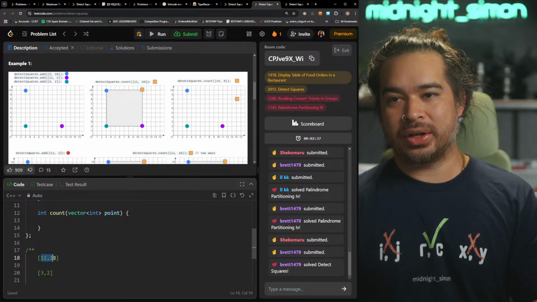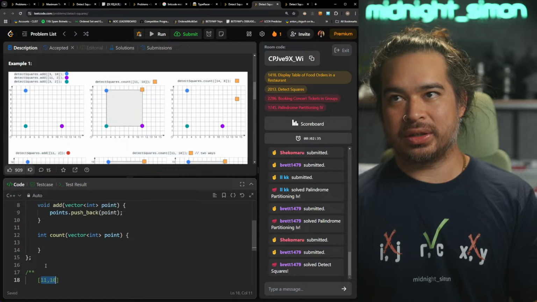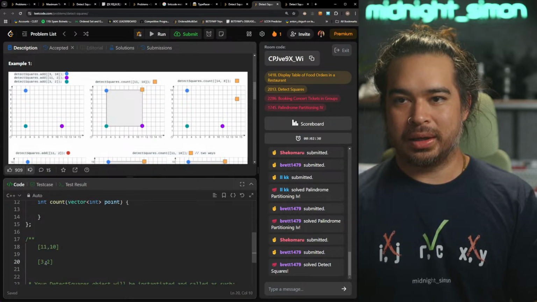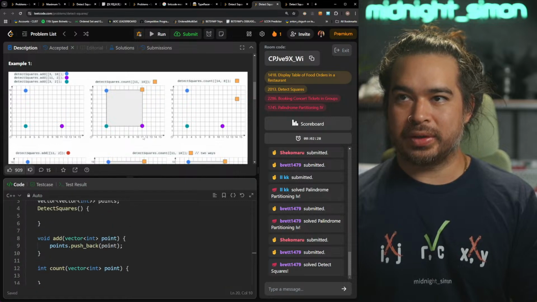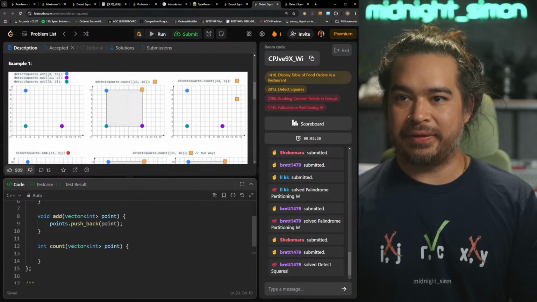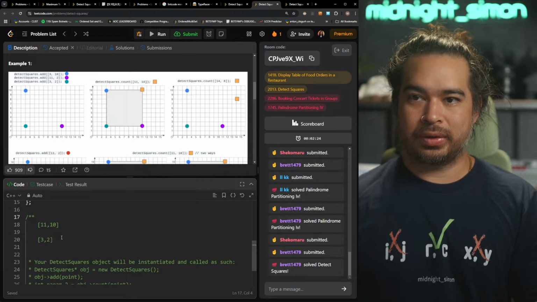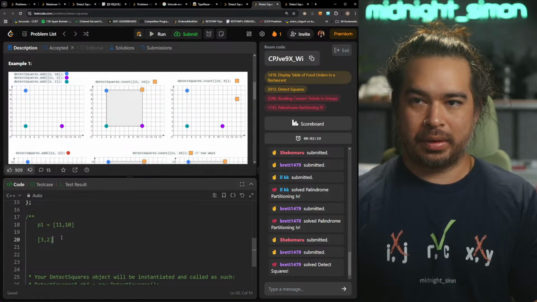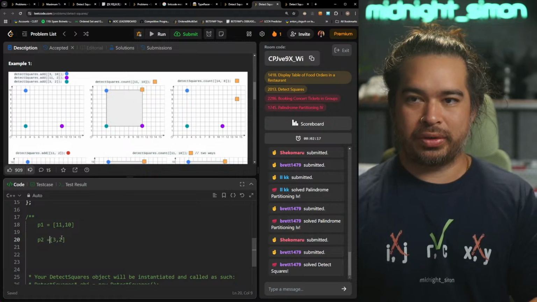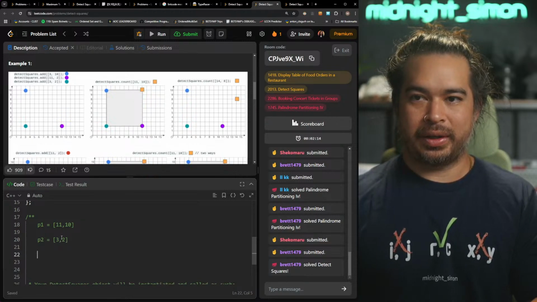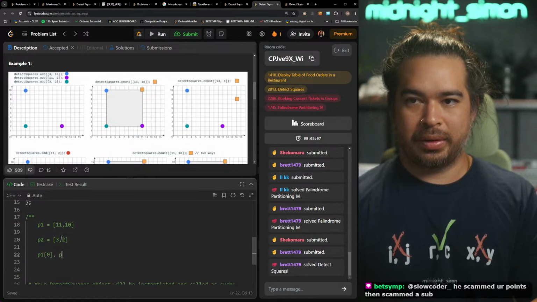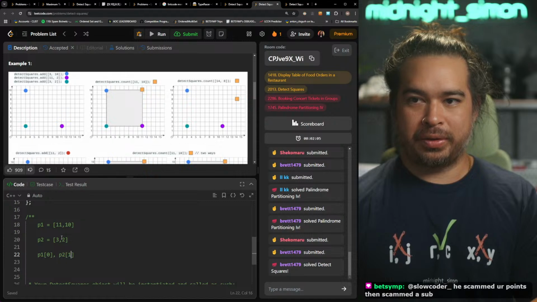Wait, how do these share? Oh, I guess they share the anti-diagonal because the difference is the same. And then what was the points? 11, 2. So if that's point 1 and this is point 2, then we're looking for P10, P21.